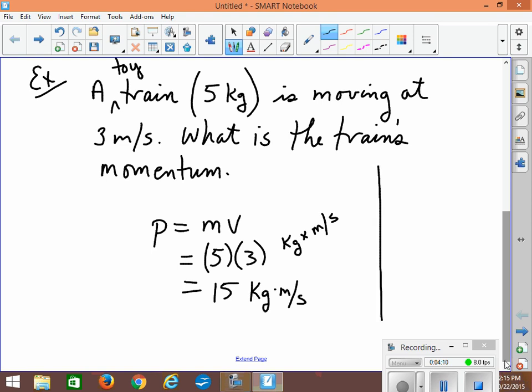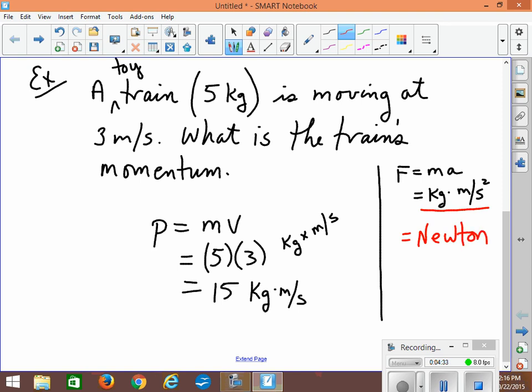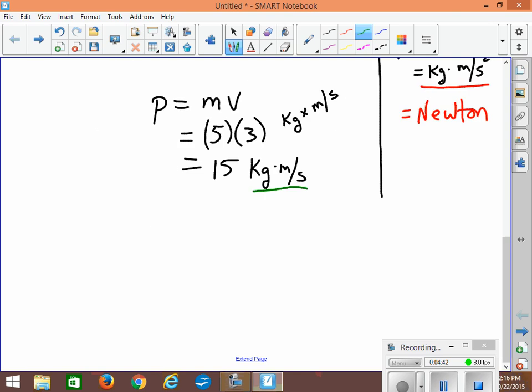You might recall that there's another unit, a unit of force. Force is m times a. And it's kilograms times meters per second squared. Very close, but not quite the same thing. In fact, we've given this one a special name. We call it a Newton in honor of Isaac Newton. As far as I know, there is no special name given to the unit for momentum. Not yet, anyway. So maybe you could work on winning a Nobel Prize and using your last name as the unit for momentum in the future. But for now, it's just kilogram meters per second.